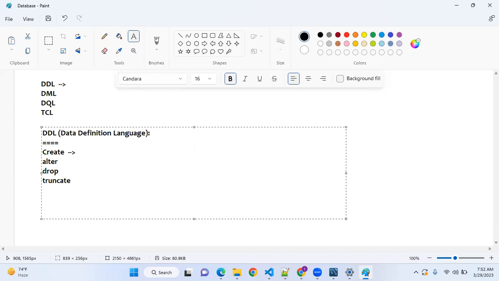So what is the use of create? If you want to create anything in the database server, we need to go for a create query. You can call it a kind of keyword, like we have in Python. There are multiple keywords, right? You can imagine this is also a keyword. So using this keyword, you can create a database, you can create a table, and you can create any object in the database. When I say object, not only tables and databases, we can have multiple things. We can create a sequence, we can create views, we can create procedures, we can create functions like we do in Python.